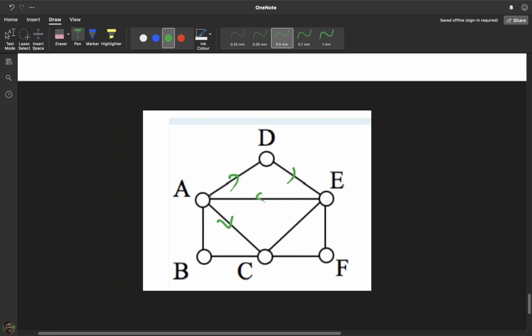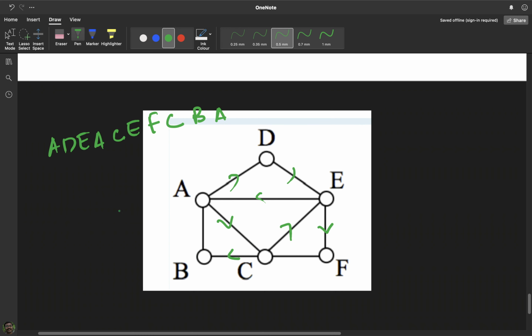We have seen that when we write the Euler line, there will be a vertex which will be repeated. So take that portion of the Euler line where the vertex is repeated. So I'll take this portion, that is A, D, E, A. Similarly I am again going to write it here: A, C, E, then F, then C, then you are going to B, then A. So the Euler line is A, C, E, F, C, B, A.